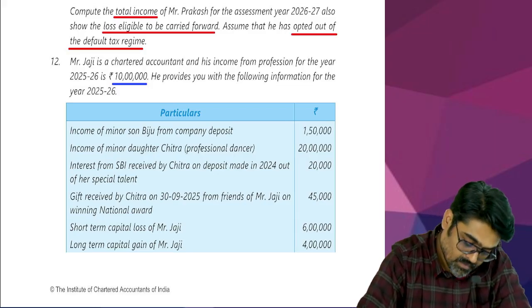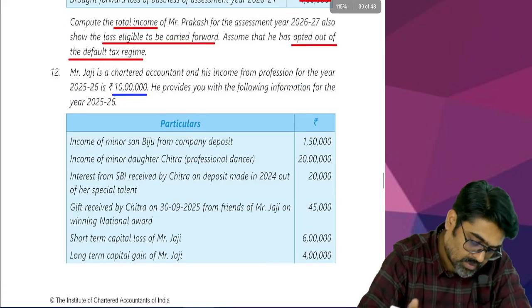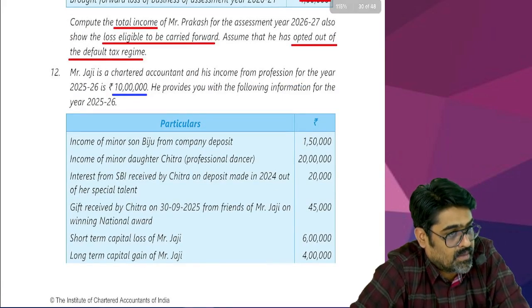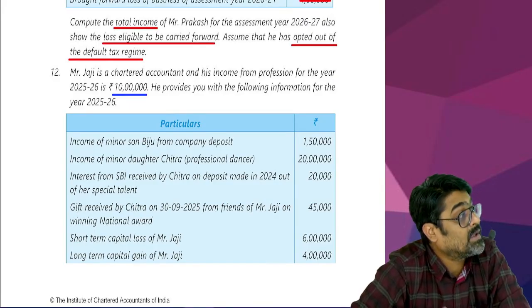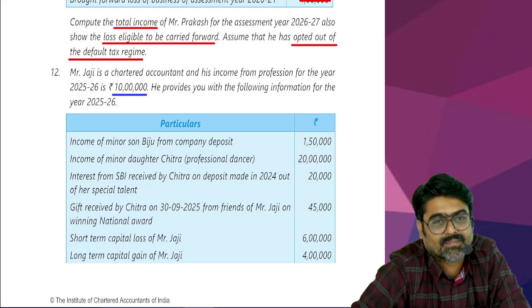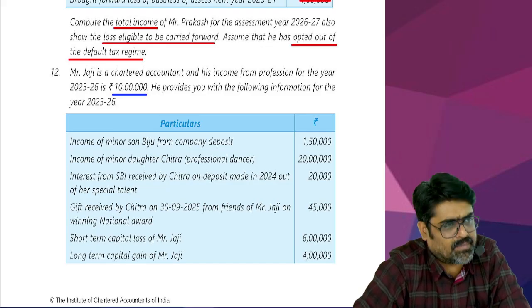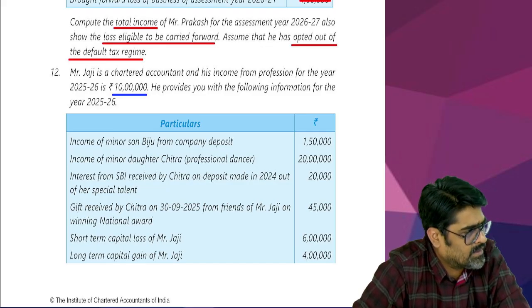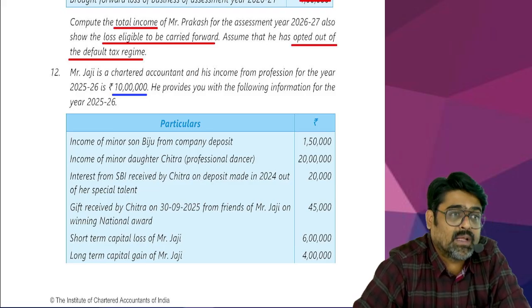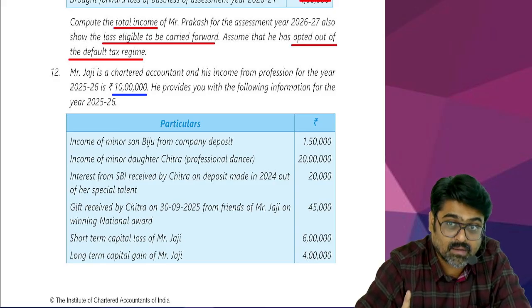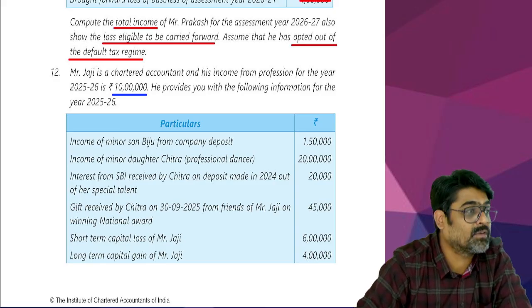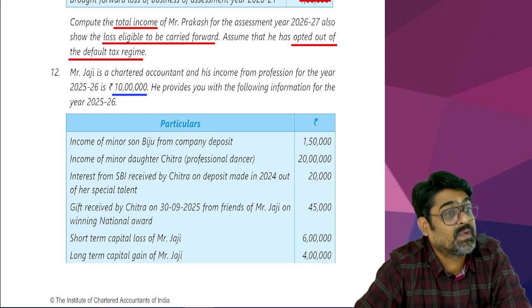See, for this you are supposed to do clubbing provisions first. In the clubbing provision, it is given that income of your minor children is also taxable in your hands. We will come to know in the next chapter only. Yes or no? Next chapter we are going to do that discussion. So income of a minor child is also taxable in your hands. But after taking exemption under section 10(32), for per minor whose income is getting clubbed in your hands, yes or no, you are going to get exemption of